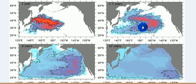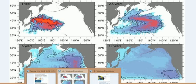Now, these models are not based upon constant releases or ongoing releases or all the releases from all 4 reactors, just a couple of days. It's based upon a single reactor, like all the other models, over a couple of days in Unit 1. And they don't bother showing people Unit 3. For some reason, Unit 3 is